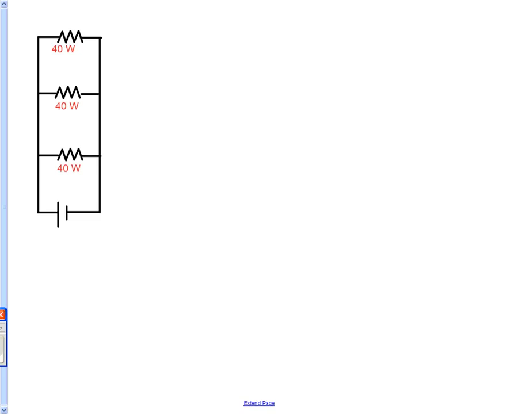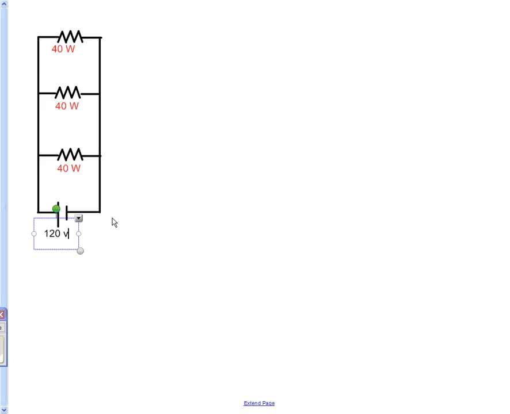Okay, here's question number 1 on your simple circuit lab. You have 3 40-watt light bulbs in parallel. First question is, what is the voltage across each bulb? You need to remember that the voltage in anything you plug into anywhere in the United States will be 120